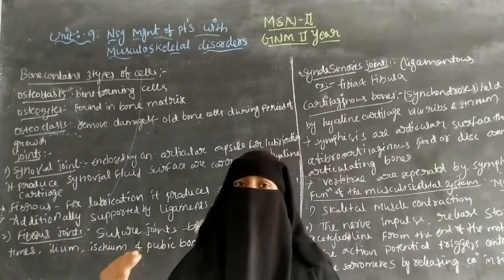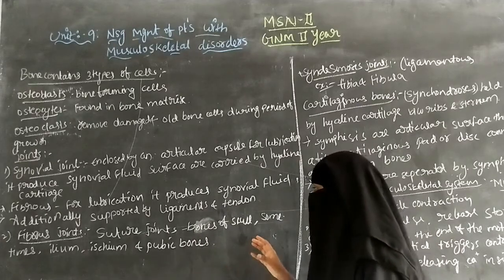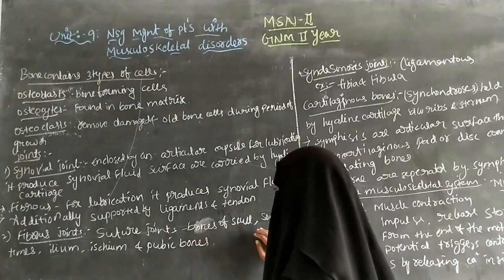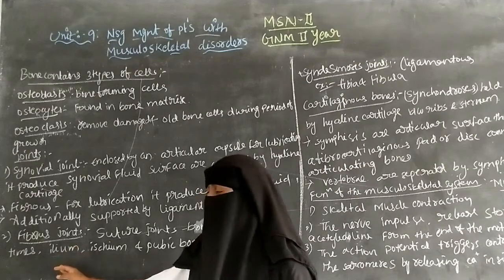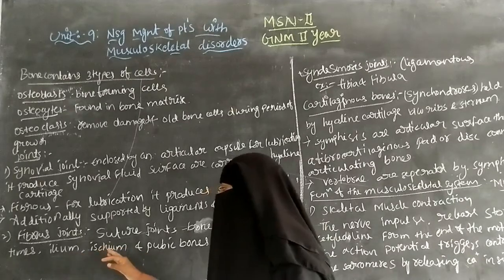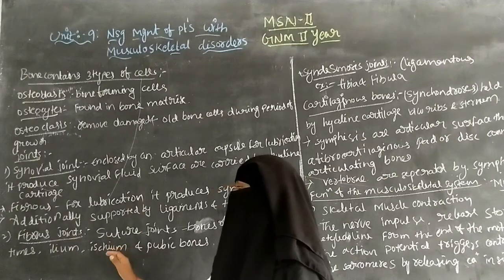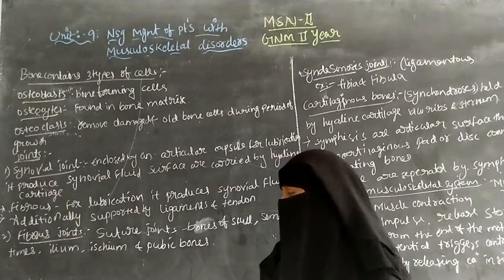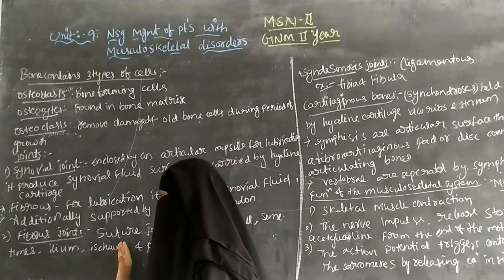So movement can occur only in a particular area of the sutures. It is about the suture joints. They can include the bones of the skull and the ilium. The ilium is a large part of the hip bone, and the ischium is situated below the ilium. The pubis forms in front, and the back of the pubis can be formed by the ischium.